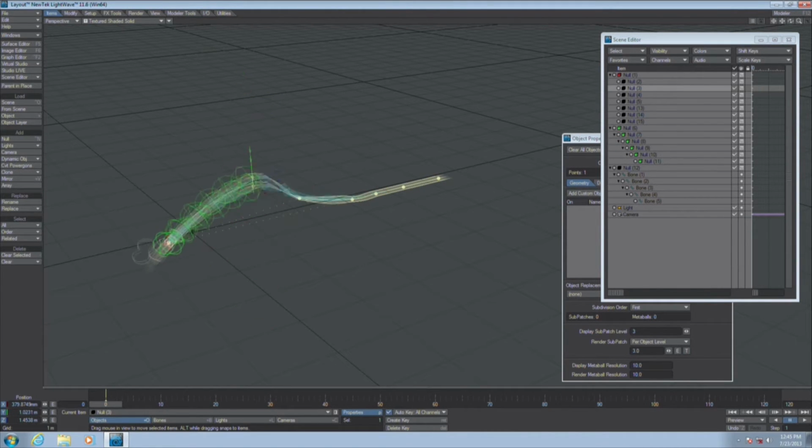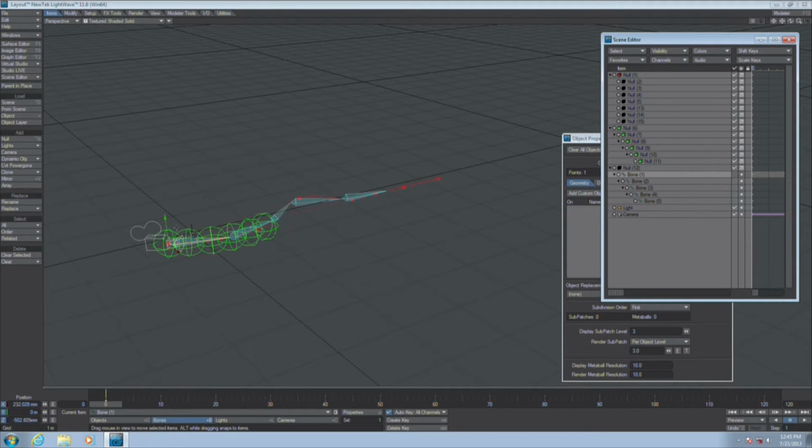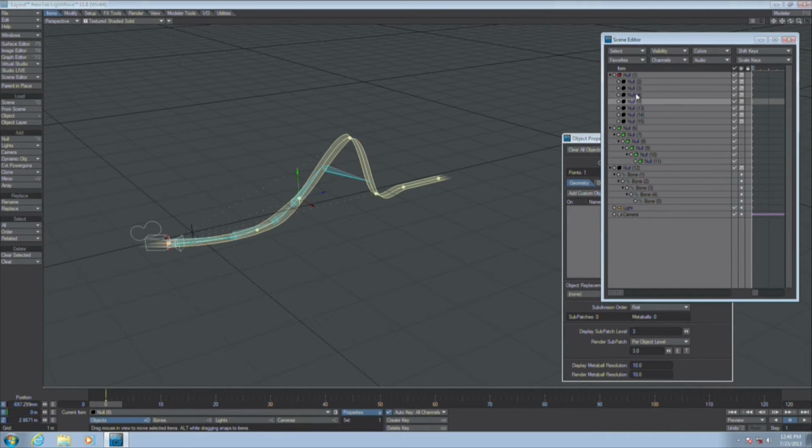So there you go. So it's looking like the bones. What are the bones doing here? Like the head and the tip is following the actual spline itself. Yes, because the children have to be locked to the parent. The parent is not budging from the root here. Let me hide these just so we can get a good look at these guys. Because this guy is zeroed out on the Z, he's going to be locked to the root of this spline. But these guys, what they're doing is